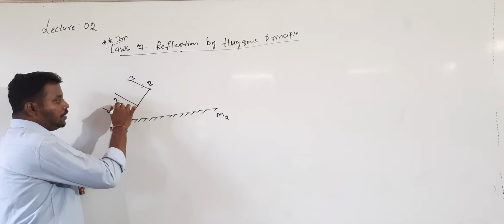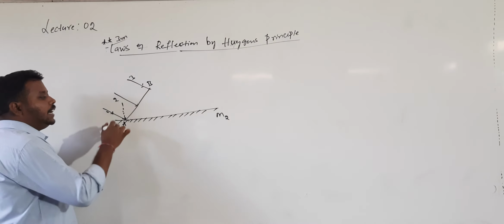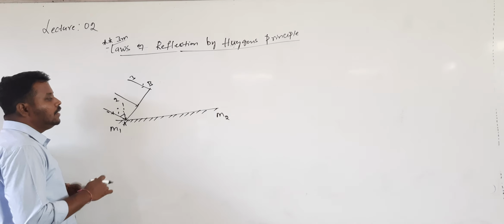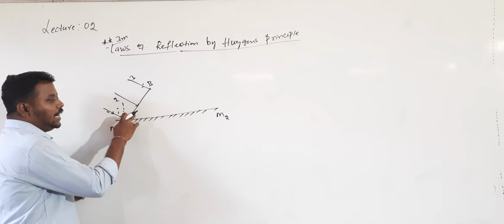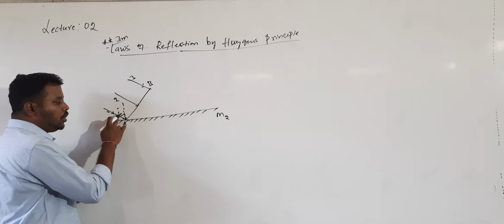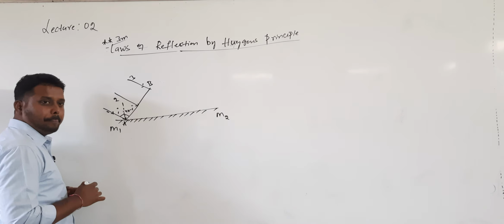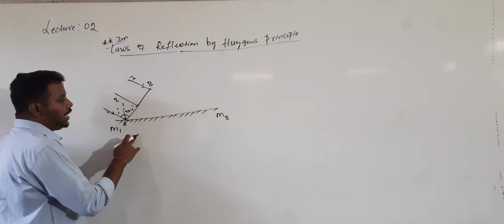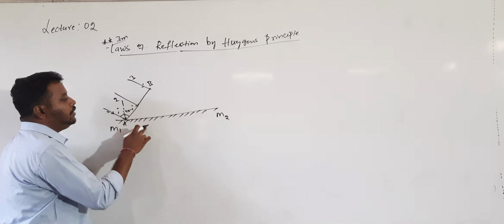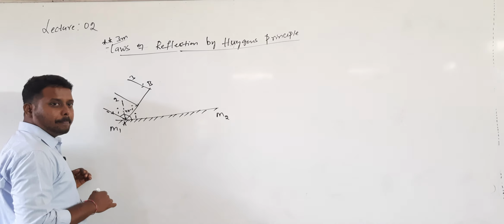Now in this diagram, I am drawing the normal to the mirror. Then this is the incident ray. The angle made by the incident ray with the normal we call I. Are you getting that? Now you see, this is the incident ray and this is the plane wavefront. Both are perpendicular. If this value is I, what happens to this value? Both are perpendicular, so this value is 90 minus I. And one more important point: this is the normal, this is the mirror, so the angle between them is 90 degrees. Now this is 90 minus I, so what happens to this angle? It is I. Are you getting it?